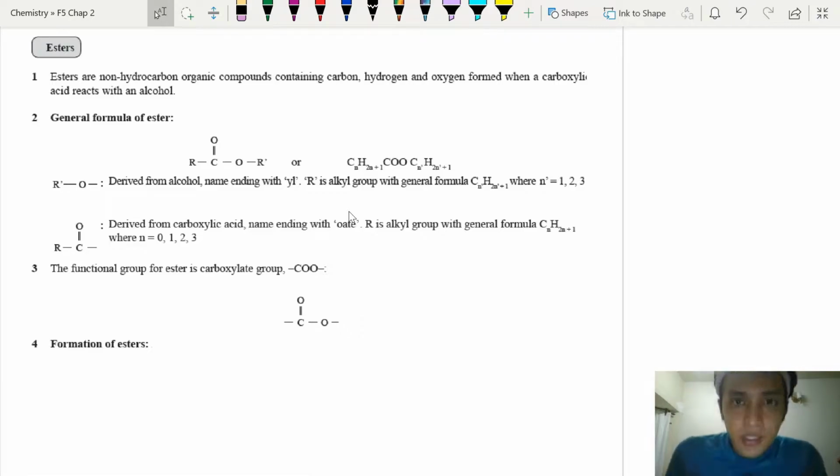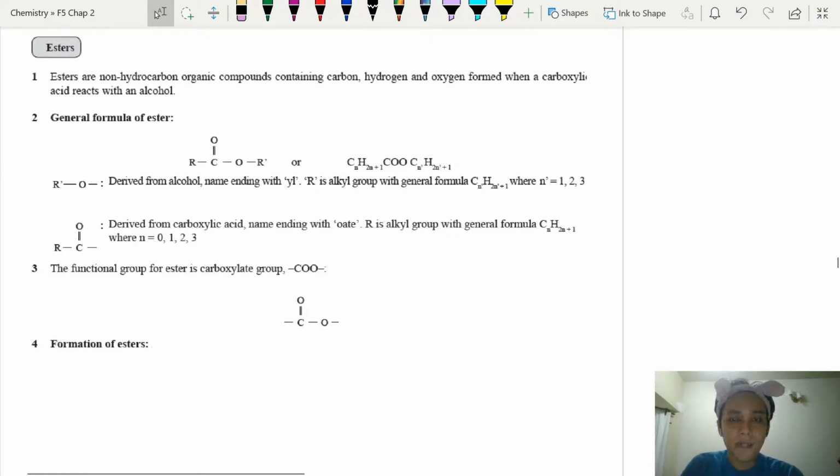Hi guys, so previously we have already learned esters, okay? When we talked about the alcohols and the carboxylic acids, I already did an introduction on the esters: how to name esters, how to draw them. So technically this part is just like a revision. There's one thing that I would like to highlight. When we write it in the molecular formula, in this form,